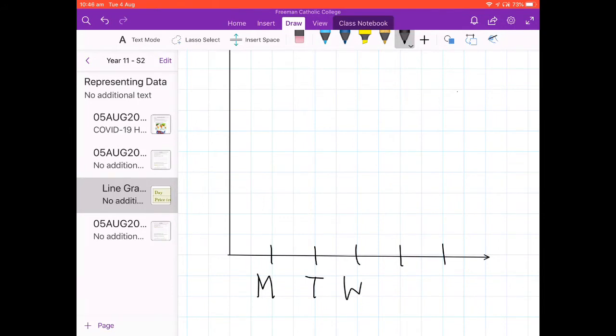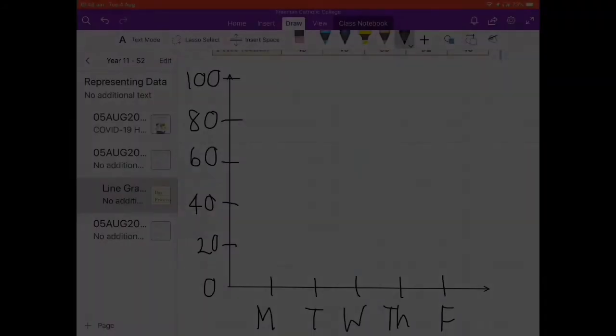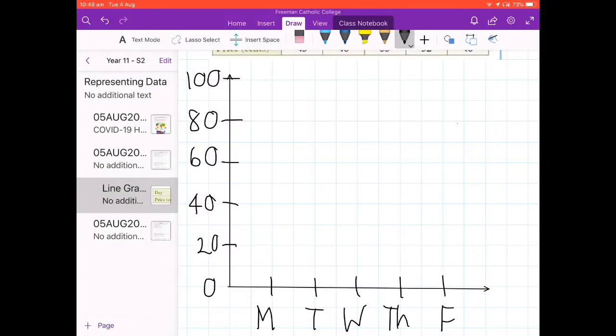Okay, now what I would like you to do as I set this up is to also draw yours, and then we'll get into plotting. Well, what you would notice first of all is that I've just gone up by 20s on the vertical axis. That is totally up to you what interval you choose to go up by. Okay, right. So on Monday,